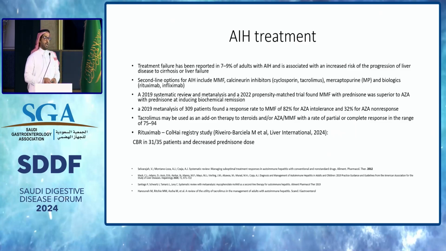Tacrolimus can be used, again, with the CNI level between 1 and 10. Of course, there were some studies that looked at CNI levels of more than 10, but we know from experience that if the CNI level goes above 10, you will encounter many side effects like increased risk of infection as well as renal toxicity. But tacrolimus as a second-line option, in addition to steroids, can achieve partial or complete biochemical response